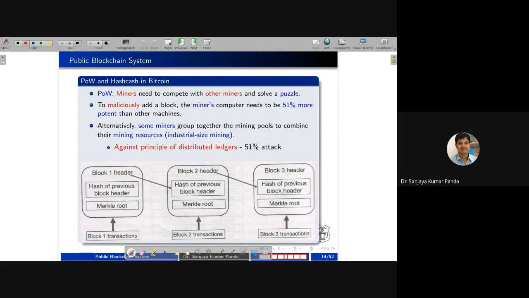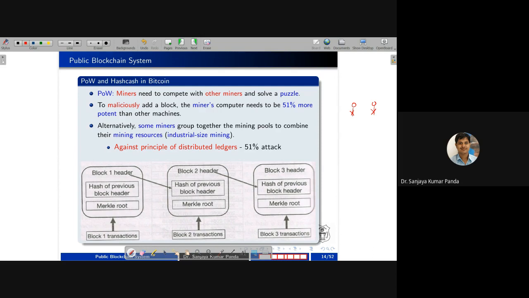Now, here you can see in the case of POW, proof of work, miners need to compete with other miners. So one miner has to compete with another miner, right? Who is going to compute it faster? So two miners will struggle to solve this complex mathematical problem, which we call a puzzle, or a cryptographic hash function, because there is a competition, and whoever wins that competition is going to be